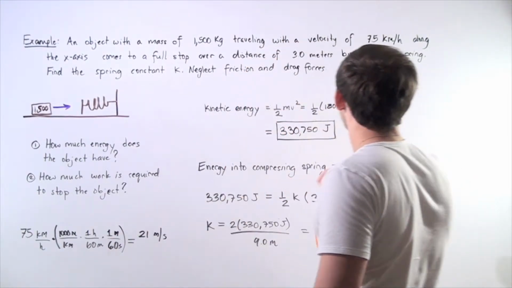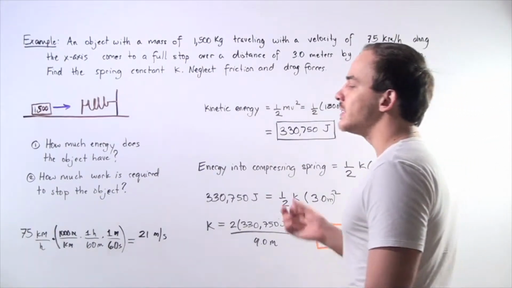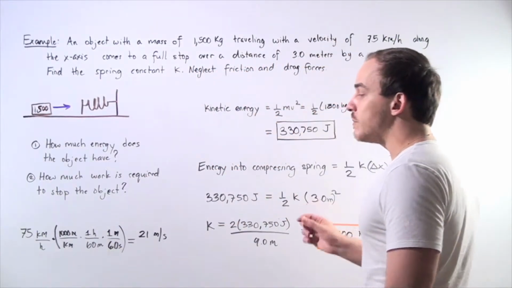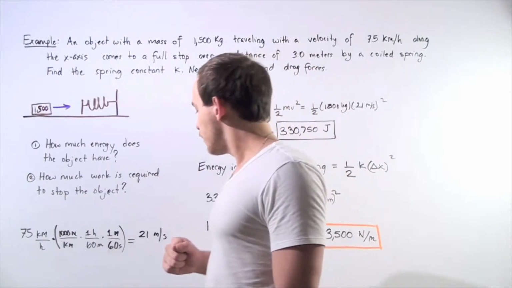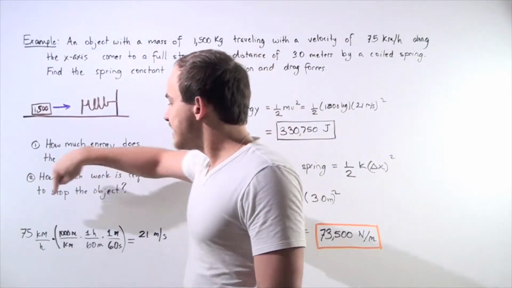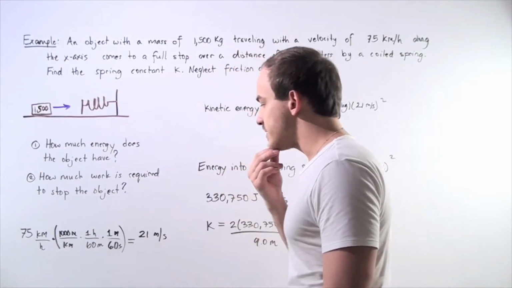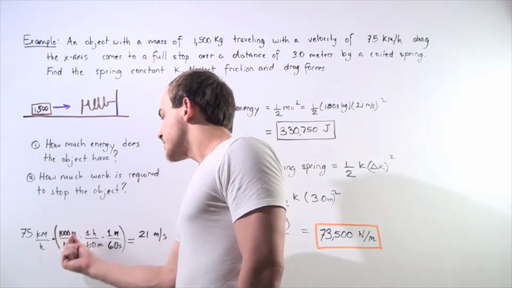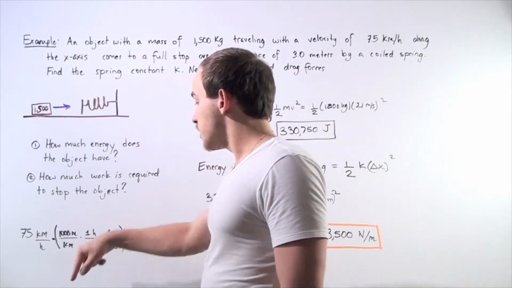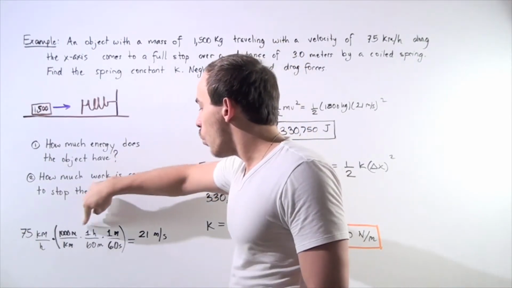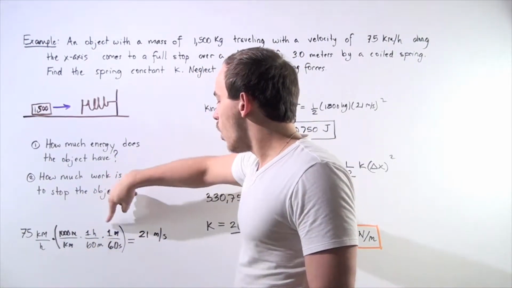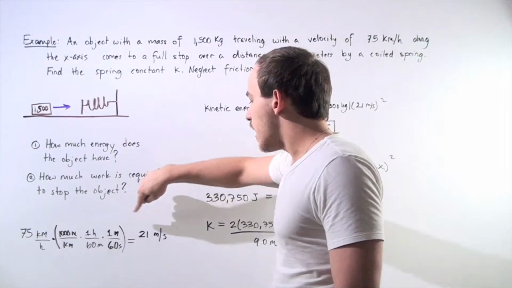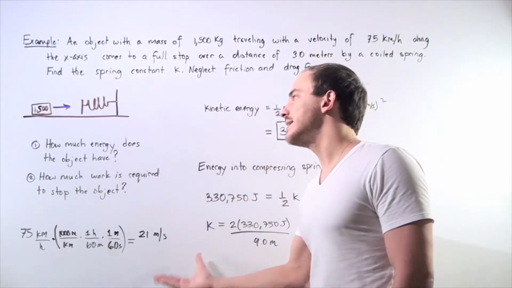But first, let's look at our velocity. Our velocity is given in kilometers per hour, and of course we're dealing with meters per second. So that means we must first convert our kilometers per hour to meters per second. So we essentially take 75 and divide it by 3.6, or we could simply multiply our things out. There are 1,000 meters in a kilometer, so kilometers cancel and meters are left on top. Then we multiply by 1 hour divided by 60 minutes and 1 minute in 60 seconds. So we have meters cancel, hours cancel, and we're left with about 21 meters per second as our initial velocity